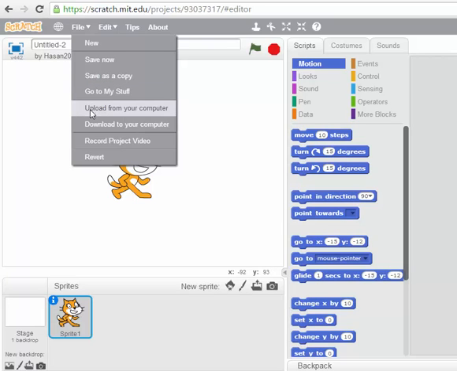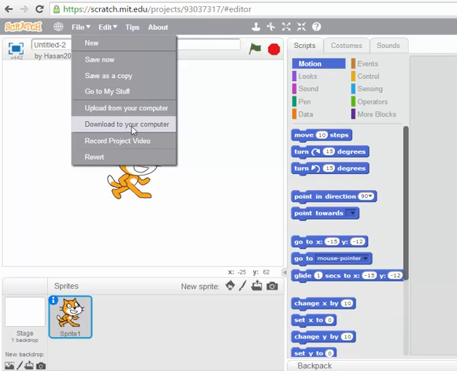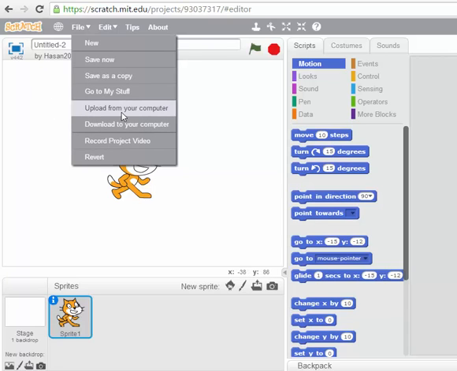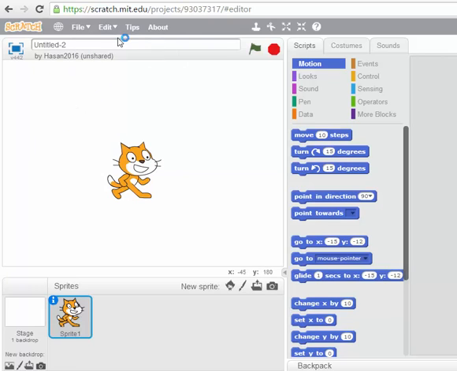Also you have several other options. You can upload from your computer. Remember that last time I told you that you can download an online project. So clicking the next one, download to your computer, will save this project, which is called Untitled 2, on your computer, and later on you can upload it from the computer. Okay, so this is file, then you have edit,